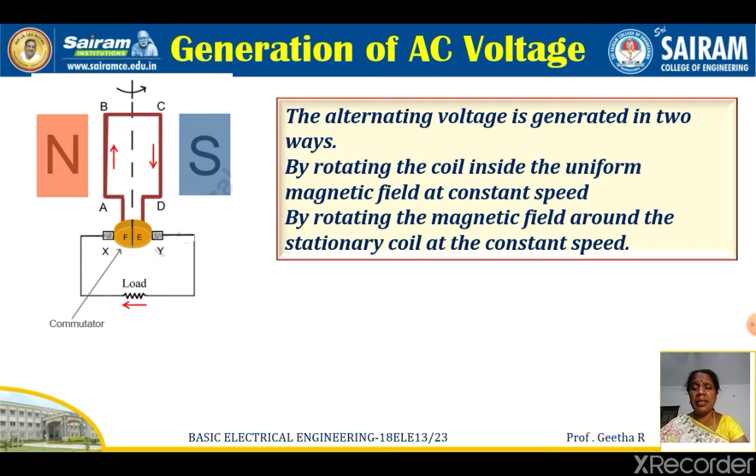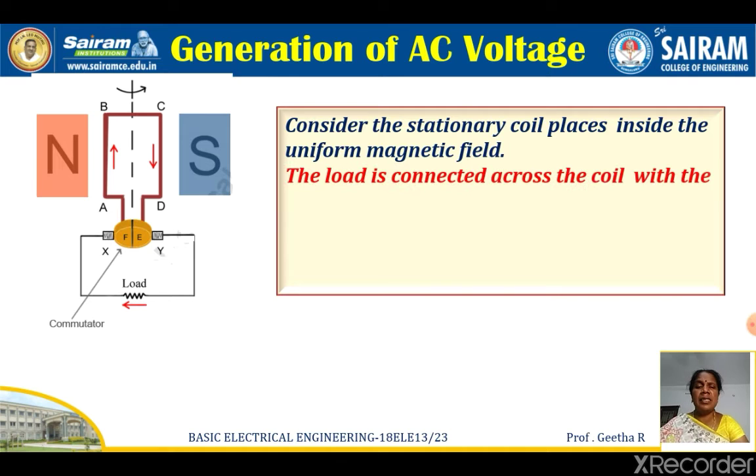Usually for the DC generator, people will go for having the magnetic field stationary and the armature as the rotating one. In the rotor, the armature conductors or the armature winding will be there. The rotating part is the armature and the stationary one is the magnetic field. But generally for the AC generator, that is an alternator, we will go for having the rotating magnetic field as the rotor and the armature as the stator.